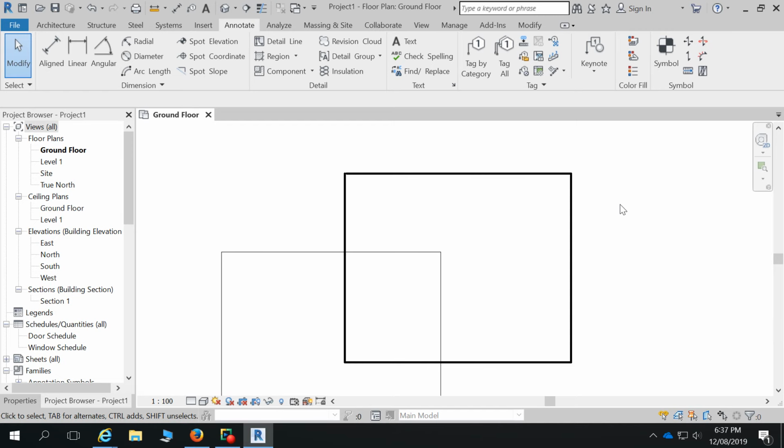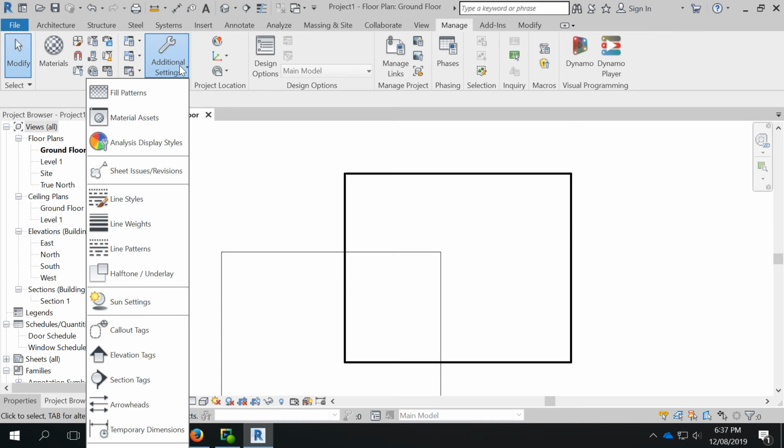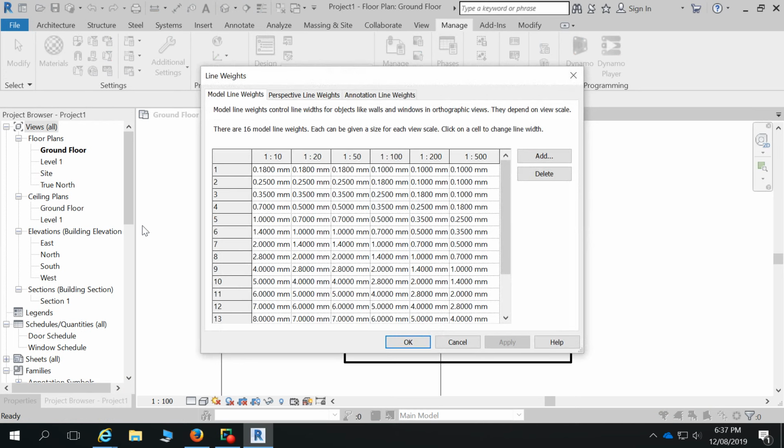So just to give you an idea of all those line weights, we've looked at thin lines and wide lines in terms of what we picked there. If you go into the Manage tab along the top, you'll see there's a little spanner icon that's additional settings. And in here, there's an option that shows us all the line weights. So if you click on line weights, you can start to see down the side here, there's actually 1 to 16. They're all the different weights of numbers, and how they're represented in actual size, depending on their scale, is